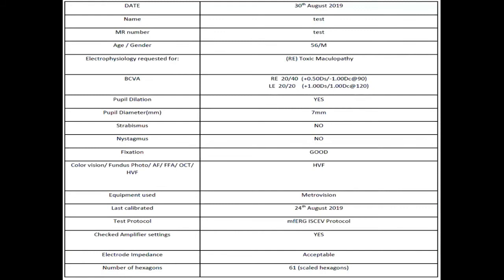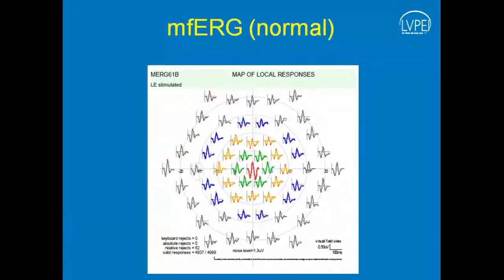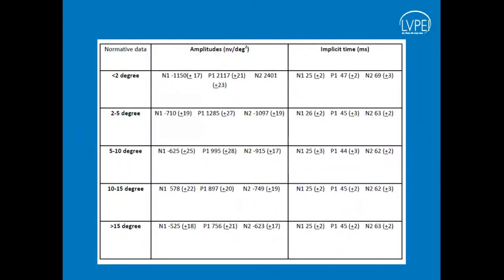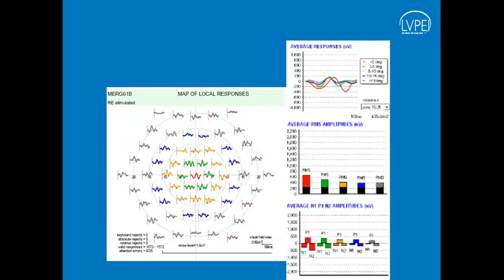That is, starting from the beginning: demographic details, best corrected visual acuity, and the ancillary details of the calibration and other things. We can club these all together. And we should consider the normal response. Considering this is a normal response, suppose we have found this during the collection of data of the normative population. Now it is the normative data, and these are the normative recordings or the normative values of that particular patient.